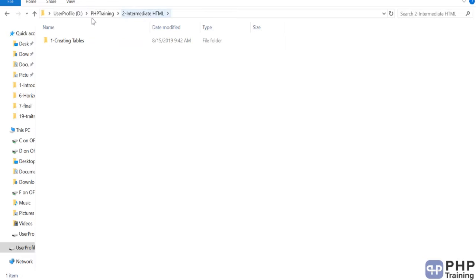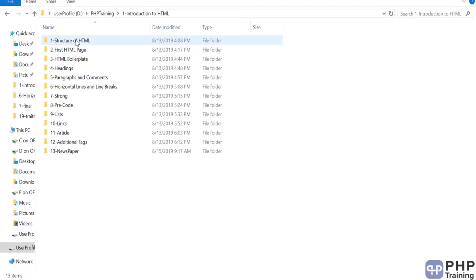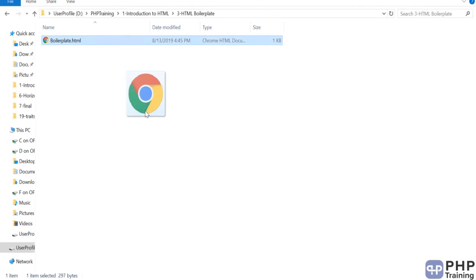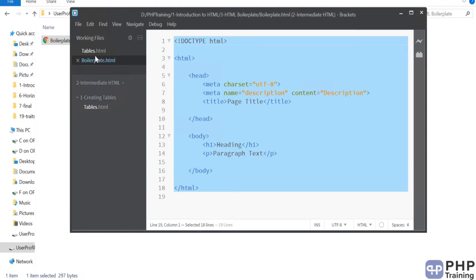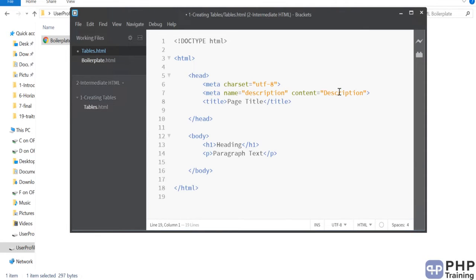Anyway, we also need the boilerplate. So I'm going to open that boilerplate, and keep it ready. So let's create the tables. Okay, I'm going to say tables. Change the heading to